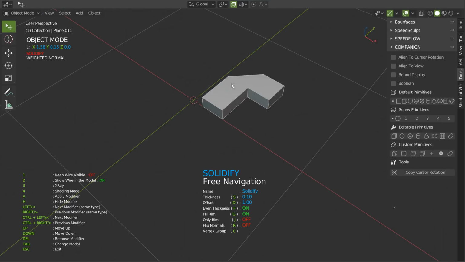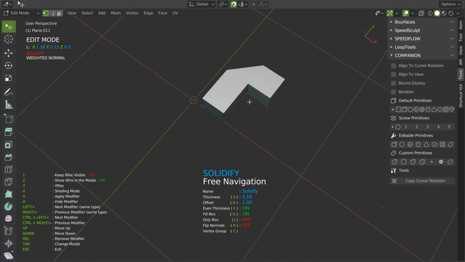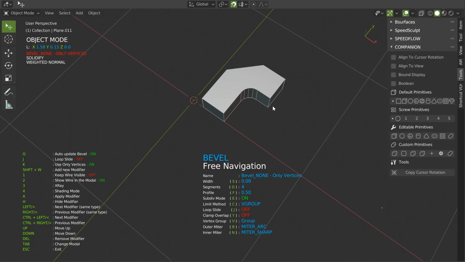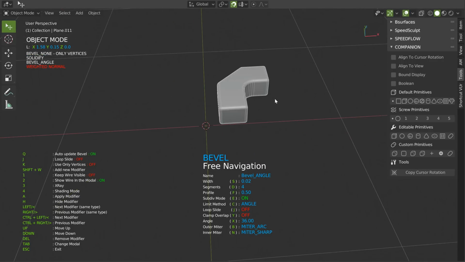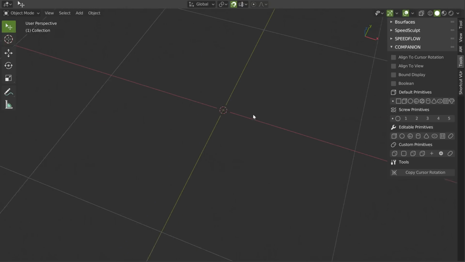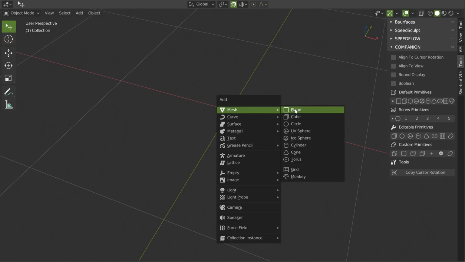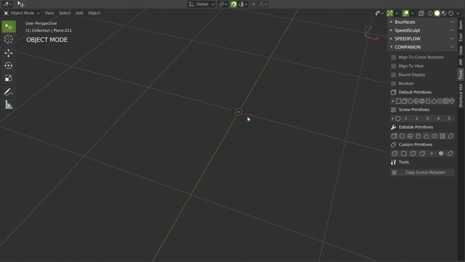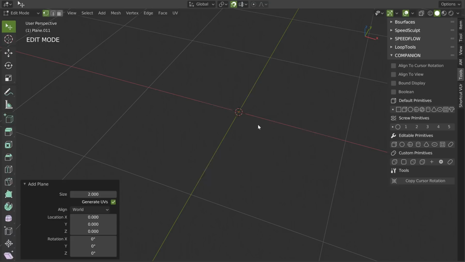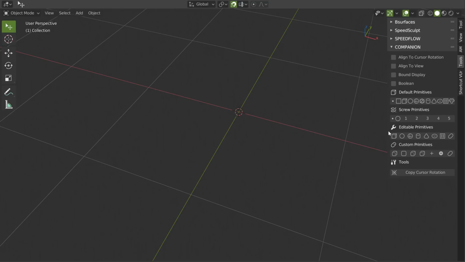And after add a solidify, for example, just like that. Okay, so this is interesting. I can also select this one and add a bevel if I want, and Shift W, add the last bevel, etc. So a lot of possibilities, because most of the time I create a simple plane, I go in edit mode, I go merge vertex at center. This is exhausting. One click and that's it. I prefer that. So the default primitives are the default primitives, nothing new, except this vertex.